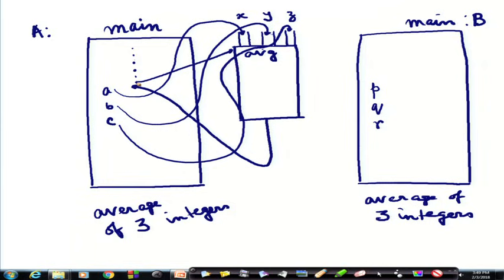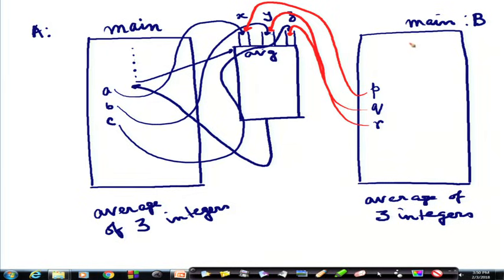Now, let me change the color. Now, when the function main of B wants to compute the average of P, Q, R, P will be sent to the pipe X, Q will be sent to the pipe Y, and R will be sent to the pipe Z. And the average will be computed.